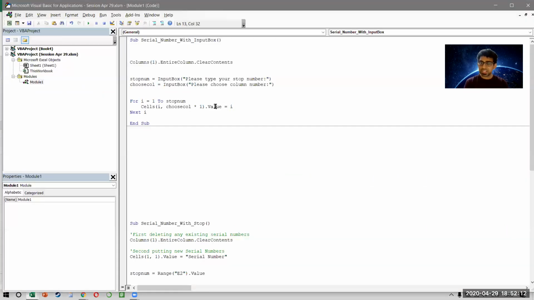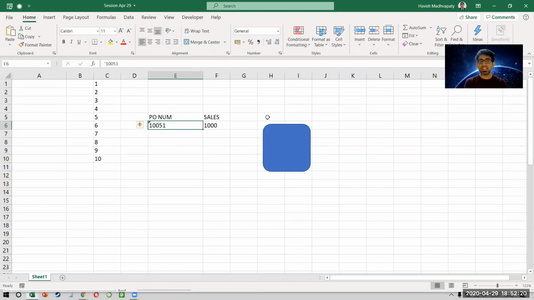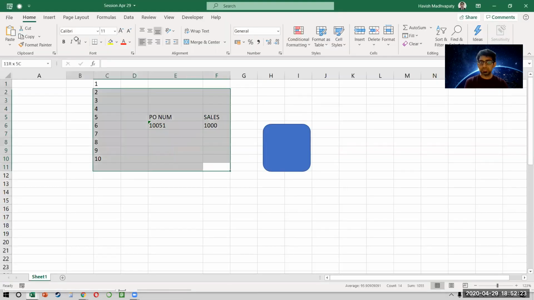So there are a couple of ways to fix it. The simple one would be to simply multiply it by 1. And now see how smart this is, right? This means that I can actually choose which column I want the result in, right?